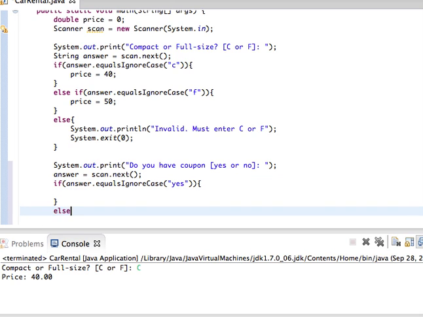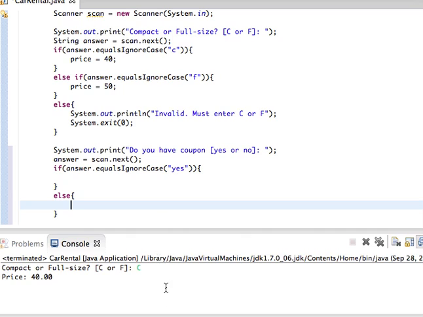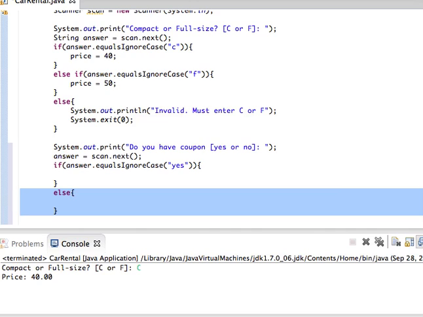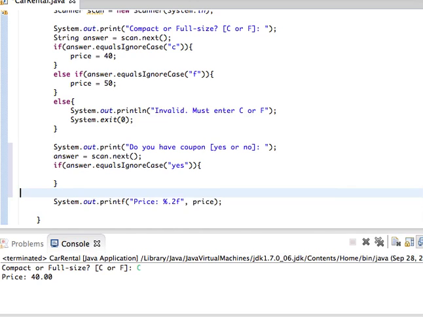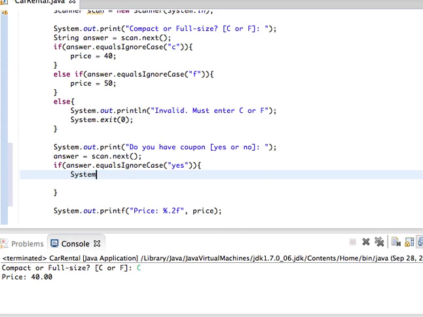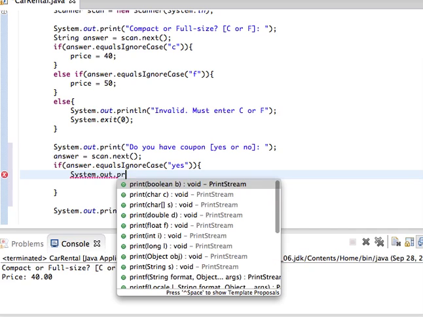So let me complete this. Else, which means the user types something else, not yes. So in that case, actually, we don't need to make any difference. So if there is no coupon, the price will remain as it is. So if the answer is yes, then we ask again, system out print